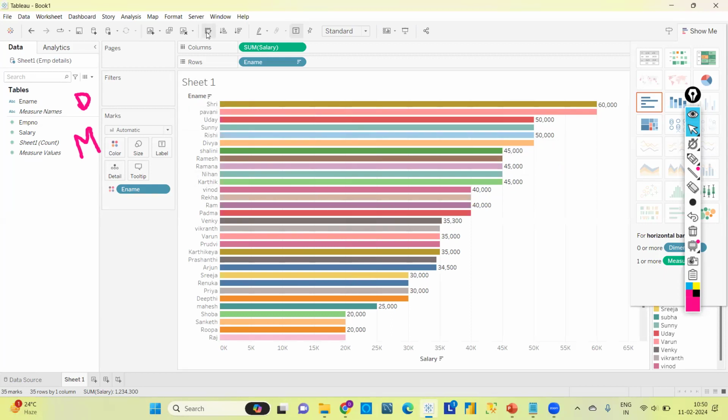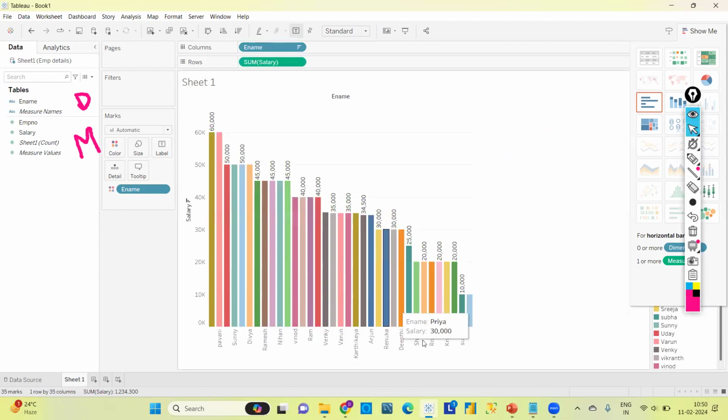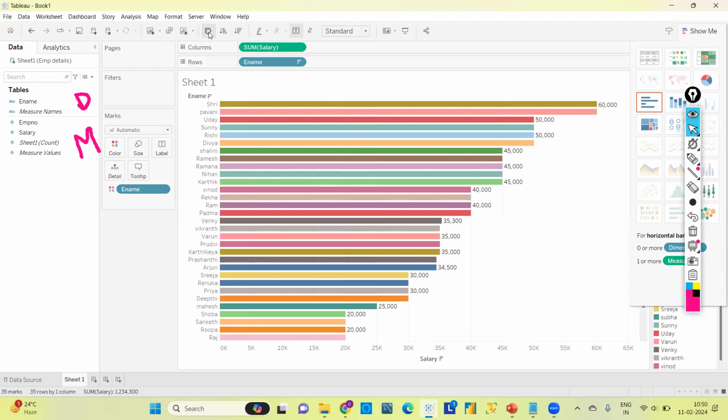Like if they wanted to see the top 5 or top 10 data, if you choose descending order, they can easily understand, okay, these are the top 5 guys, these are the top 10, like this, right? And there is one more option here, swap rows and columns. You can even swap the rows and columns in Tableau. Like we can observe here in the x-axis there is salary, and on the y-axis there is e-name, right? If we click here, it will be reversed. We swapped rows and columns. Now on the x-axis we get e-name, and on the y-axis we get salary, correct? So like this, however we require, we can make the changes, okay?